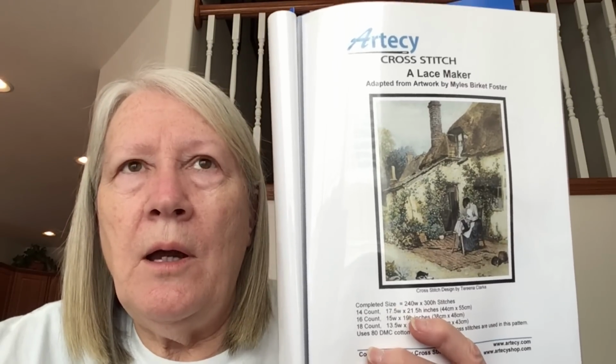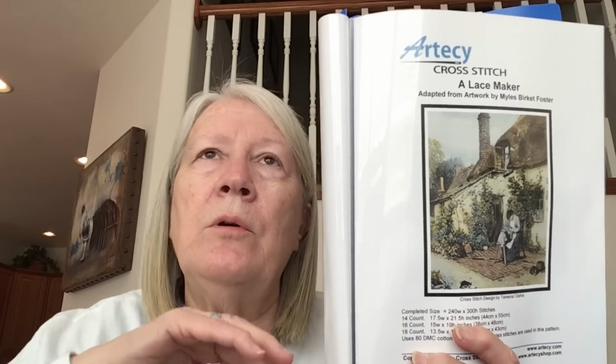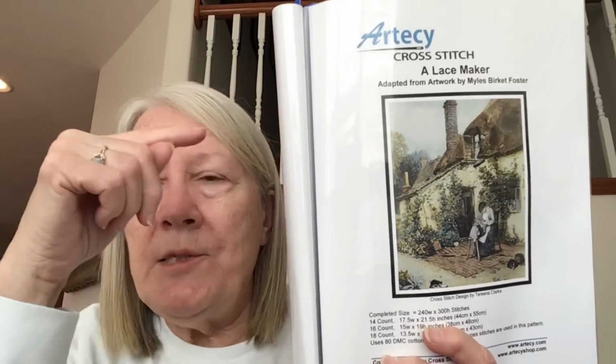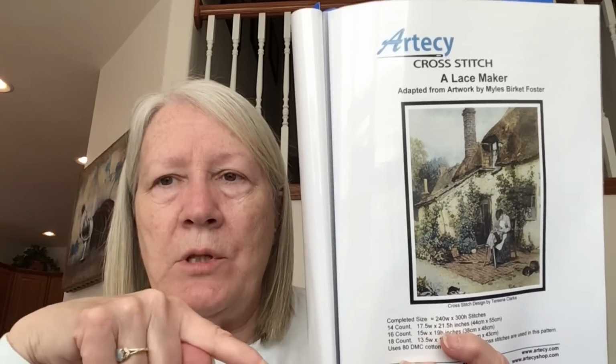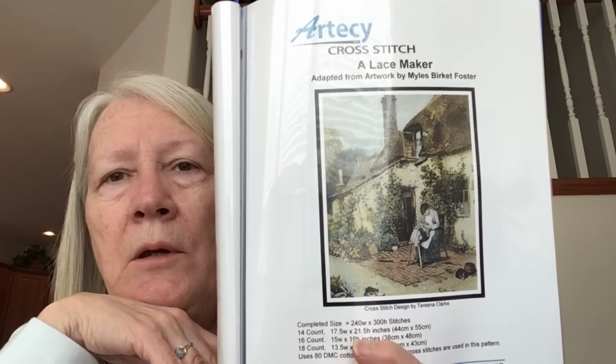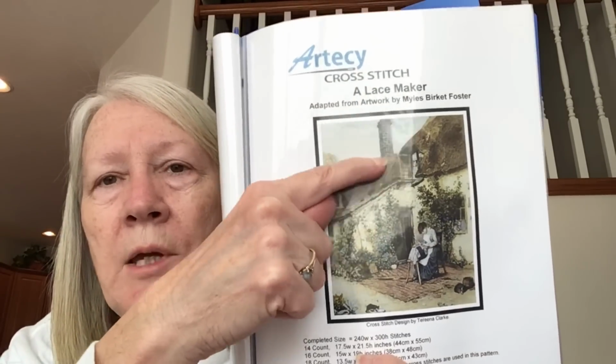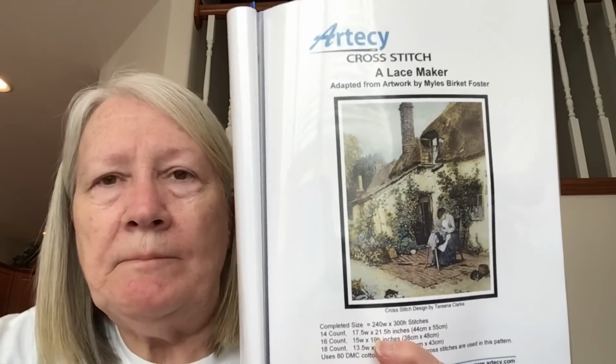So with other ones, sometimes I'll start in a different corner, or I will work across and then down and try to get something showing up. But once I get that done, I usually tend to go back and start pulling the highest and working down once I have something to show that I like to see. So